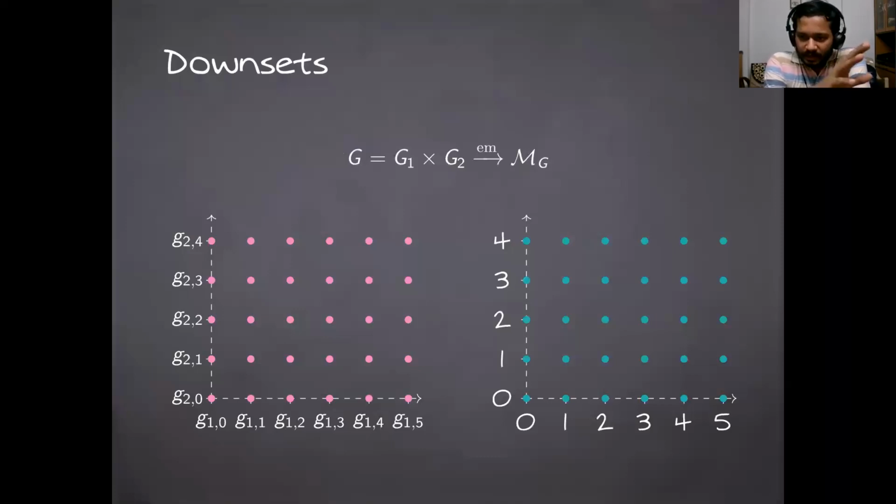And what we do is map it in a very natural way. We don't try to be clever, just map it in a very natural way to a grid in n to the 2. And we need the linear orders on the two components in order to identify the integers with the elements. That's all that we do.